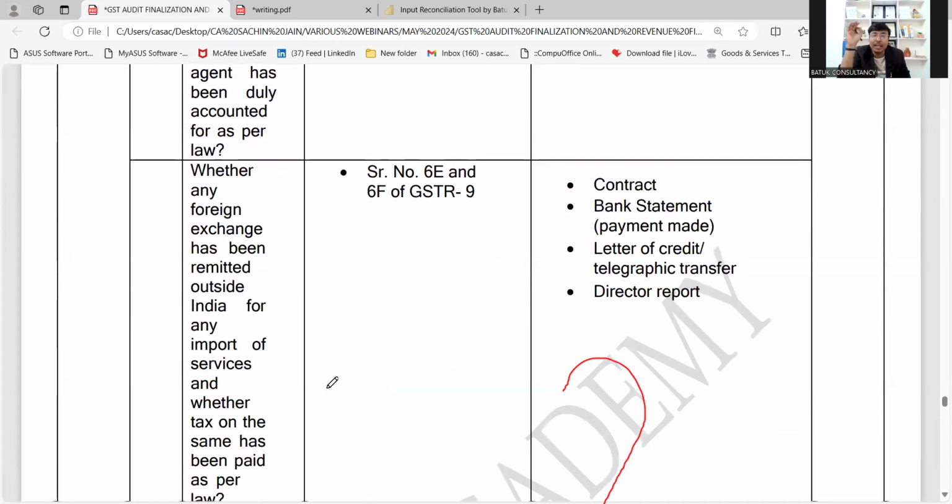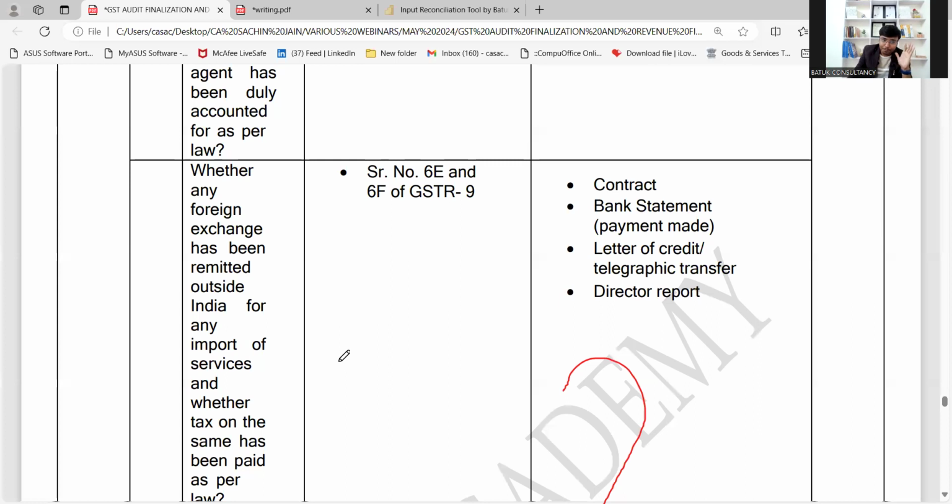At the end of today's session, we'll discuss one important reconciliation tool as well, because nowadays the biggest problem for the GST officers while doing the GST audit is how we are going to reconcile the GSTR 2B. For that purpose, we have prepared one reconciliation tool between the input tax credit available on the GSTN portal and in the books of accounts, and there are also various analytical tools available in that tool as well. So we'll discuss that as well. This is just for your